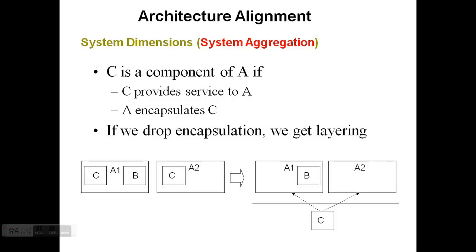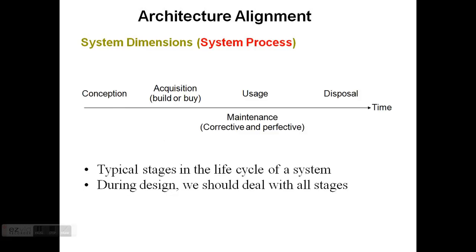And finally, the third and last dimension is the system process dimension, which is talking about the life cycle of a system from creation to disposal or decommission in terms of software. System process is the life cycle of the system from creation to disposal, as we said. This third dimension consists of the stages that a system goes through in its life cycle, from conception to creation to disposal and so on. We can abstract from the complexity of real life by considering each system in its current stage only. So at any given time, you can consider the system